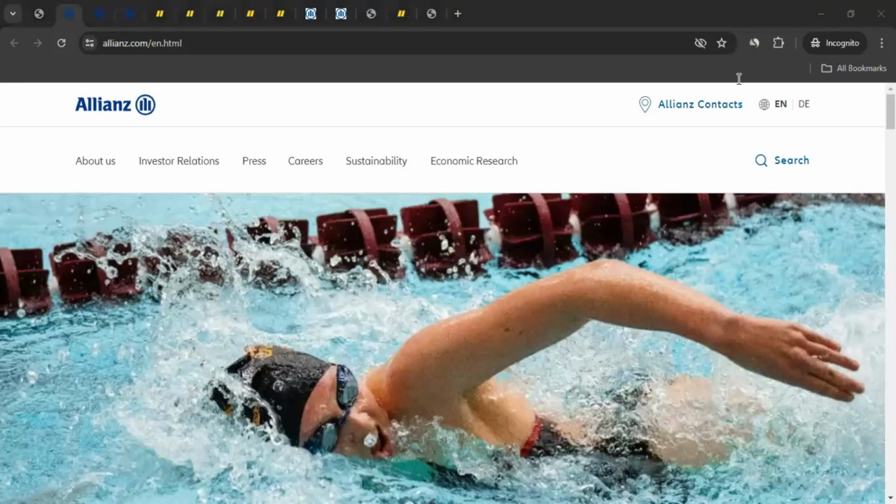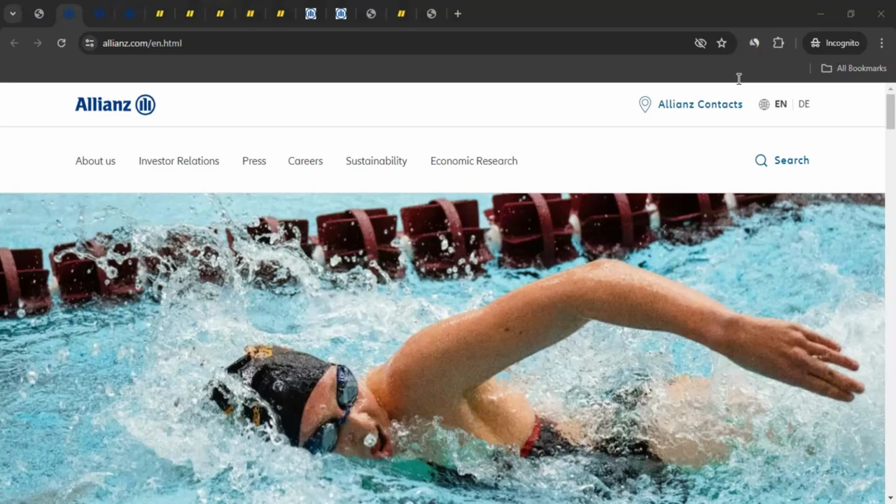For the ones who don't know about them, Allianz is a global financial services company established in 1890. It operates in over 70 countries, offering a wide range of insurance and asset management services. These include life, health insurance, property, casualty, and travel insurances, as well as asset management through subsidiaries like PIMCO and Allianz Global Investors. Known for the innovation and customer focus, Allianz is a trusted leader in the insurance and asset